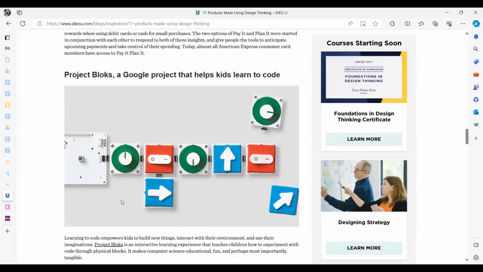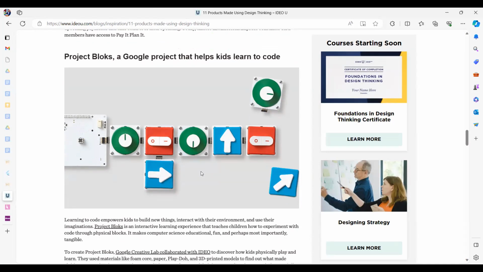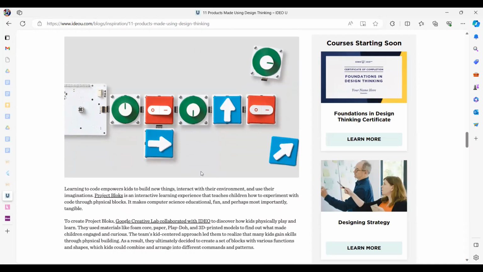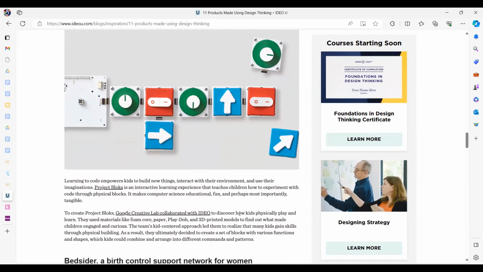Here's another example from Google. Project Bloks, right? A Google project that helps children learn coding. They came up with very simple gadgets which you can hook together. You see, there are pins here. You can plug it together, right? This is like Lego bricks, right? So this is about programming using little blocks. To discover how kids physically play and learn, they use materials like foam core,